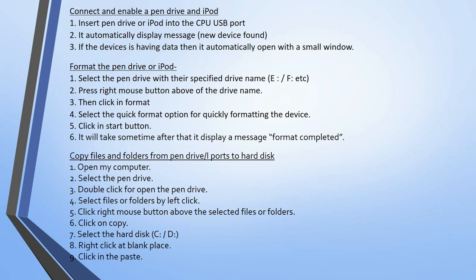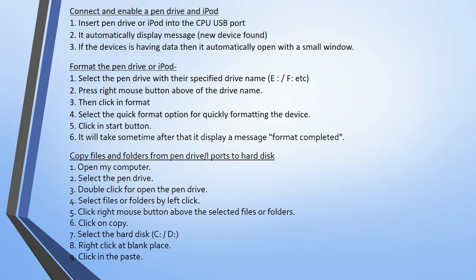Along with it, it displays the content of that drive. Otherwise you can move to This PC or My Computer, where your pen drive is assigned a drive name like D, E, F, whatever it may be. You can double click that drive and you can get the information of that pen drive also.